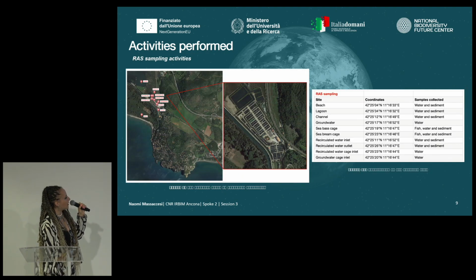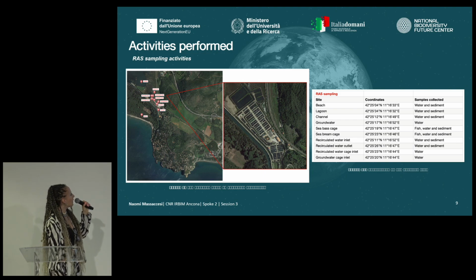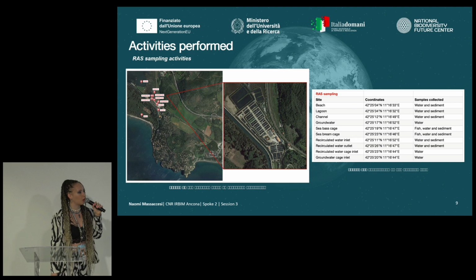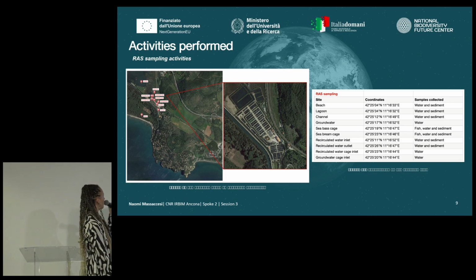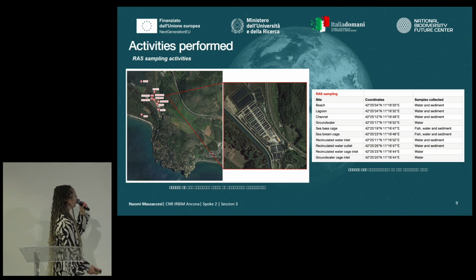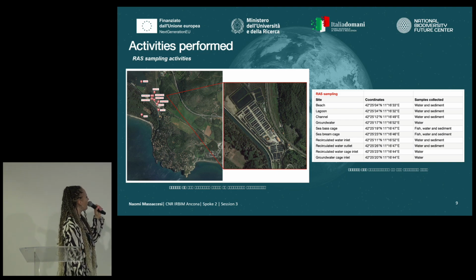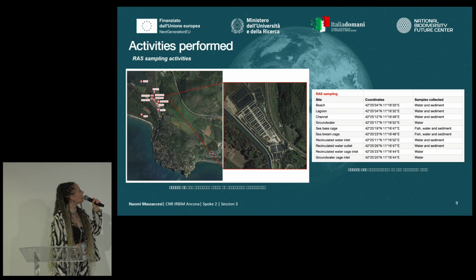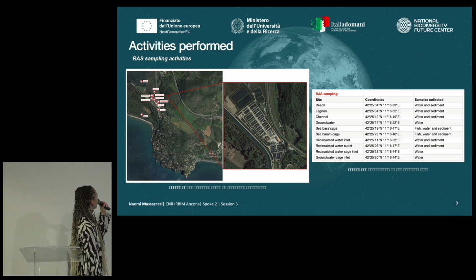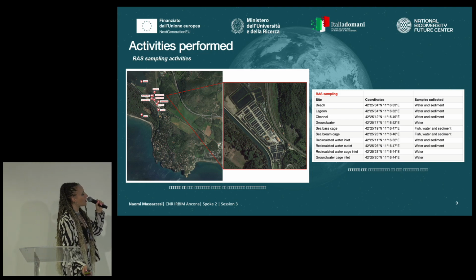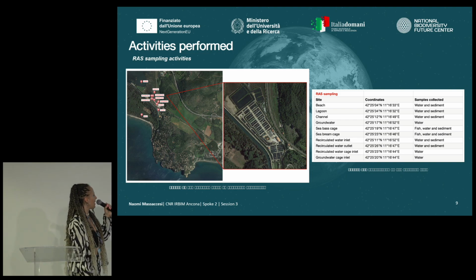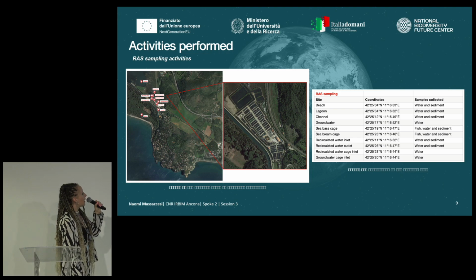The RAS sampling campaign was performed in November in a land-based fish farm located in Orbetello, South Tuscany. This fish farm is characterized by 45 cages containing sea bream and sea bass separately. And also in this case, we selected different sampling sites, in particular 3 located outside the fish farm, a negative